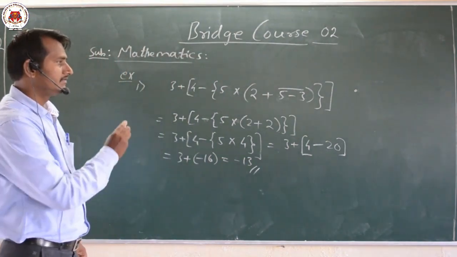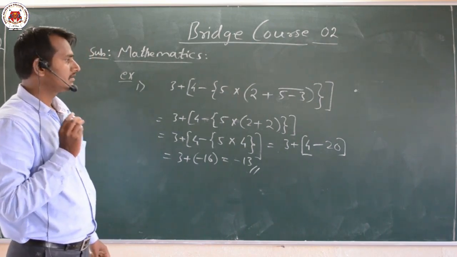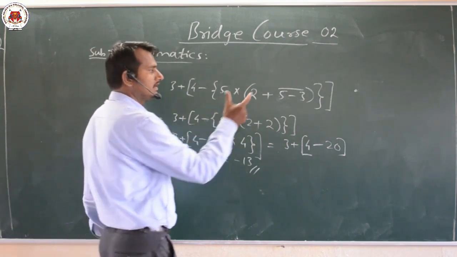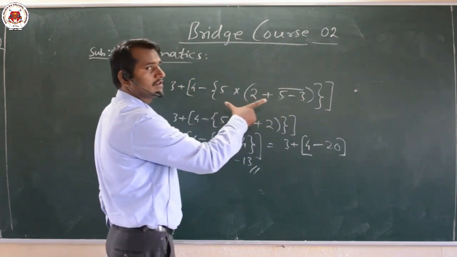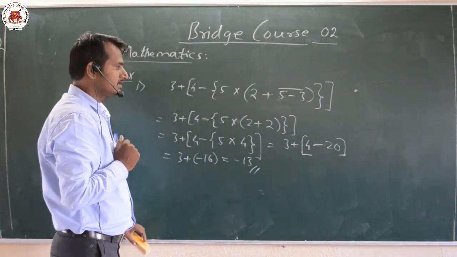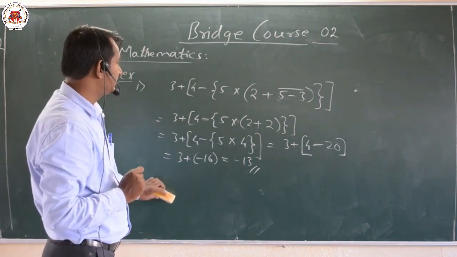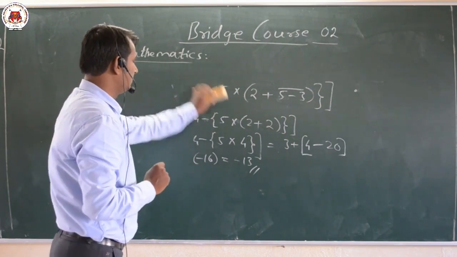Okay dear friends, it is a very simple example to solve brackets. What is the main important theme here? Innermost values we have to solve first. Afterwards we go on solving the outermost brackets. This is a very simple topic about brackets. Now we shall discuss a very important thing.